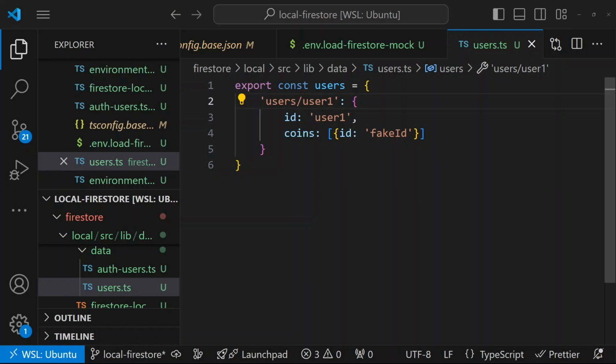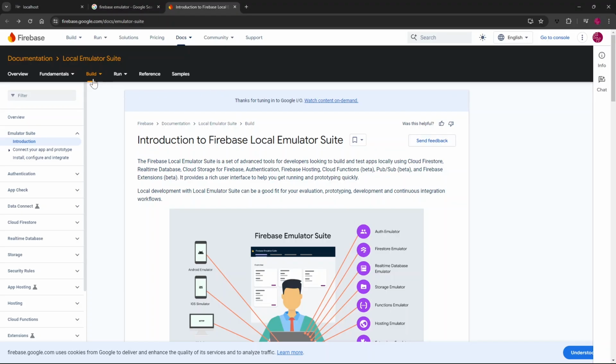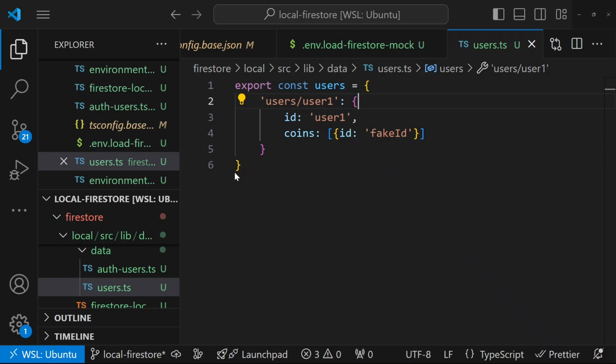If you want to know a little bit more about what the local Firestore is, I invite you to go to the documentation of Firestore, and it can really help you to know what a local Firestore is and how it can help when developing an application. So now let's go back